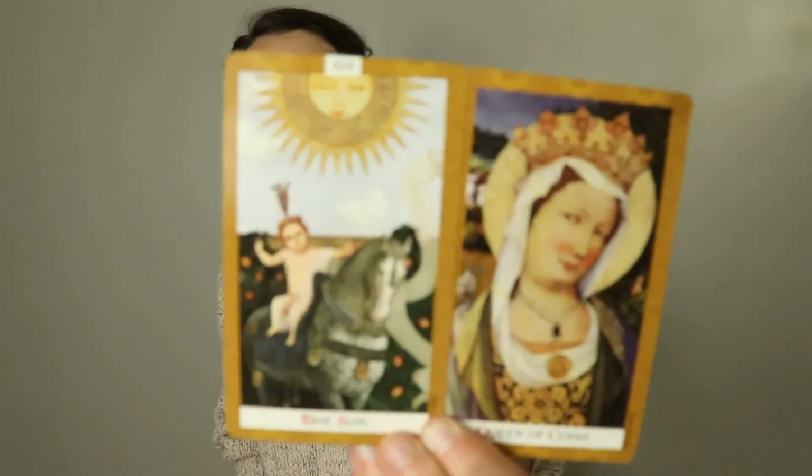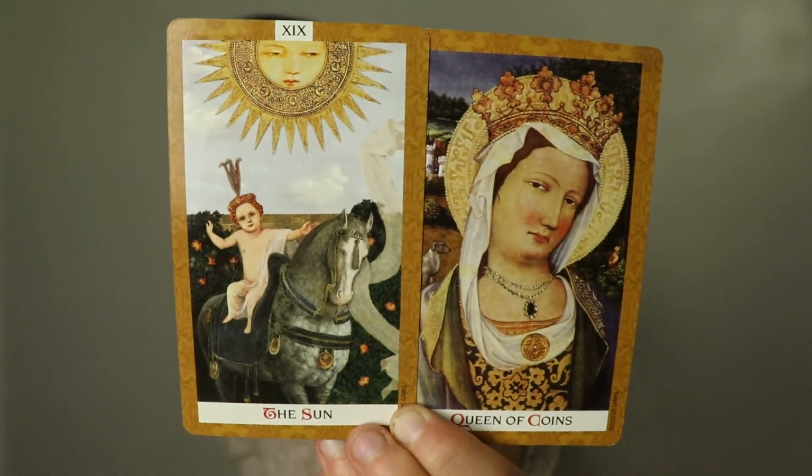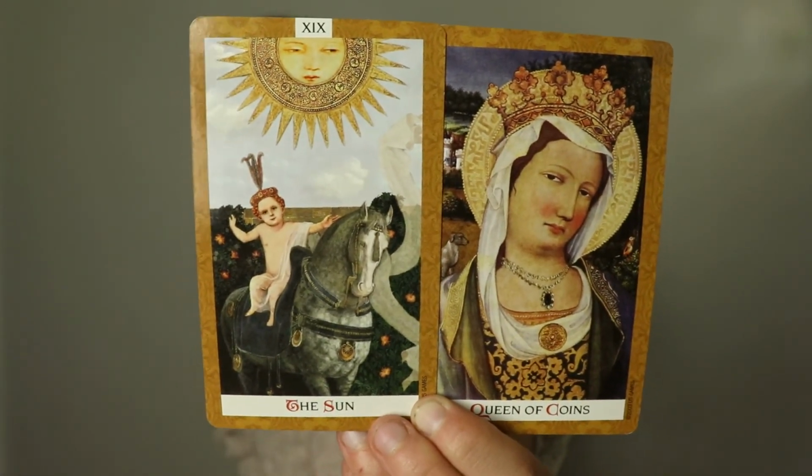Look at the attitude on the face in the Sun card. It matches the attitude of the Queen of Coins. Just like, over it, Gemini. Kind of over it. The journey is long, and I think Gemini, you're either frustrated with your own